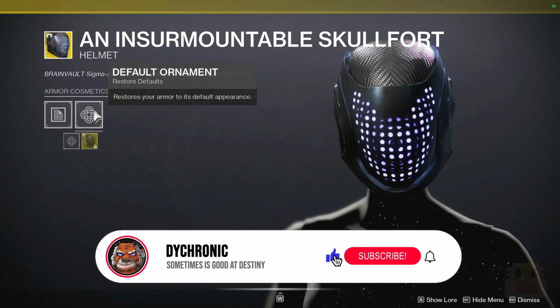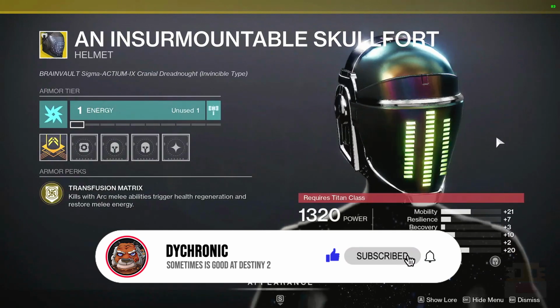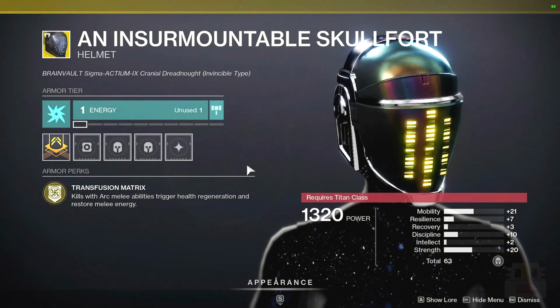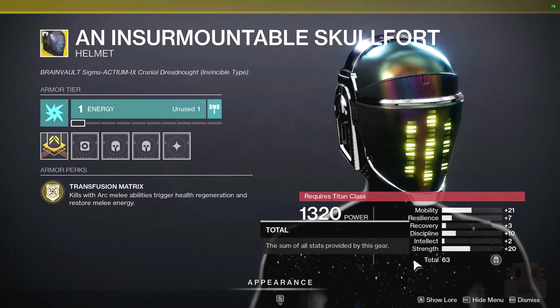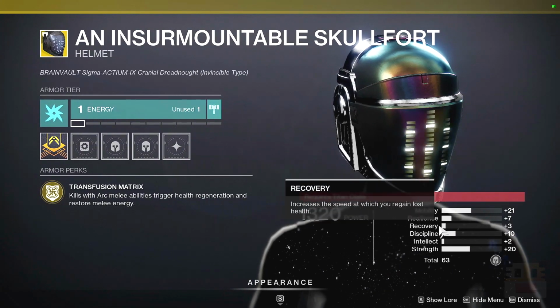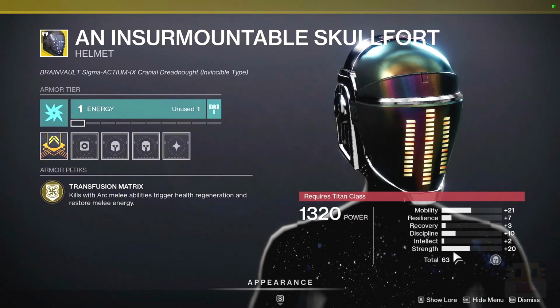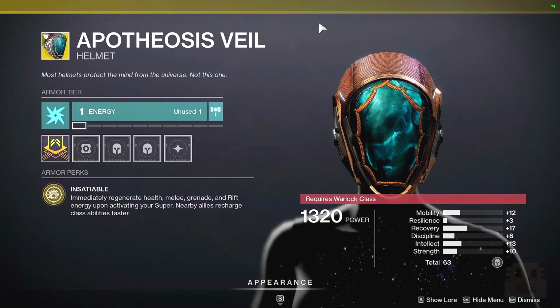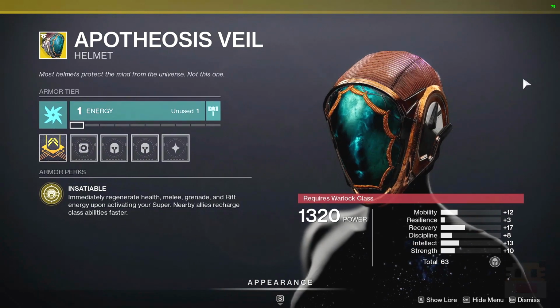Obviously, in the highest level play, it's not really going to do much because melees are dangerous, but it is a lot of fun for the perhaps Legend and below. As far as the total stats go, high mobility, high strength is what you want with this exotic, and again, you could compensate your recovery, although I would like that higher. 63 average total stats, a pretty decent roll for a pretty fun exotic. And finally, the Apotheosis Veil, an exotic that I just don't know when I'd want to